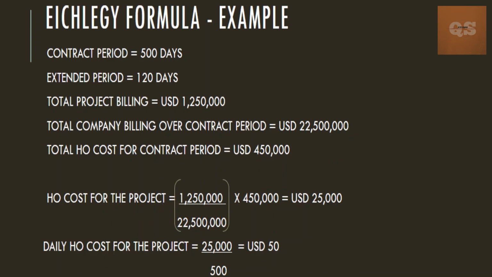So this divided by your contract period, that is 25,000 divided by 500, will give you your daily head office cost. So US dollars 50 is your per day head office charges for your project. So this into your 120 days, that is your extended period, will give you your head office cost for those 120 days for which your project has been granted an extension. So that will come around US dollars 6,000. So I hope this is clear and you've got an idea of how you can calculate your head office cost